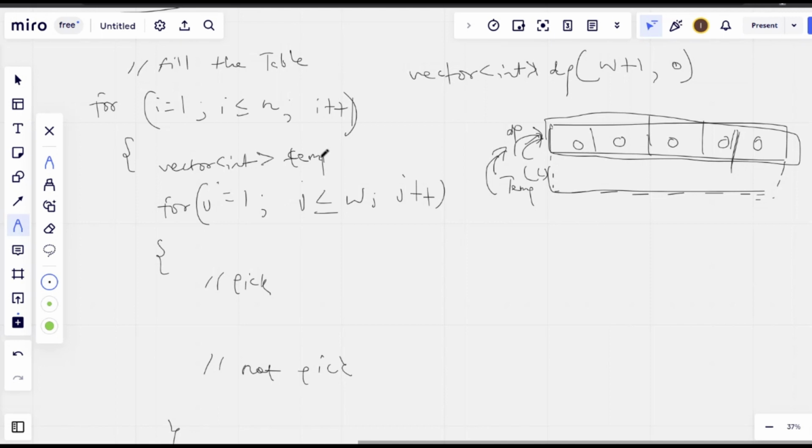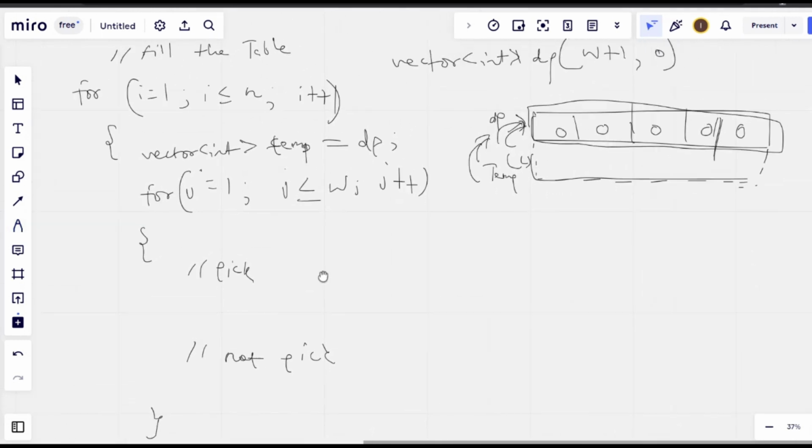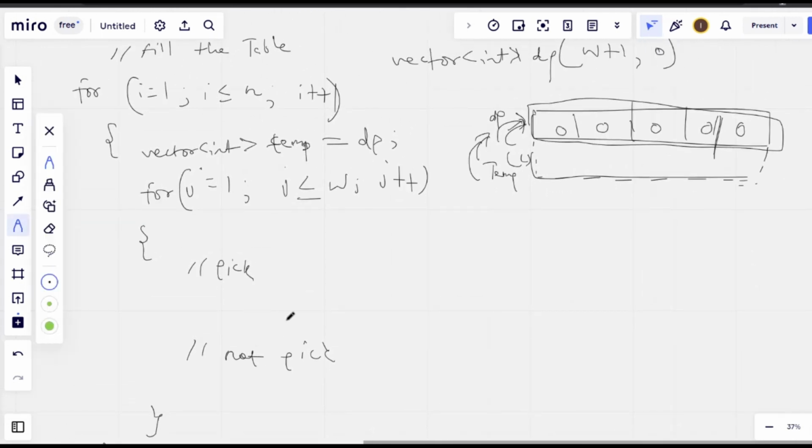Let's say this is the temporary table, and let's say this is equal to my dp table, because I want to copy the same table into this temporary table initially. Now if I do not want to pick, since I have already copied these values, which is 0 0 0 0 0 0 in this temporary table, and if I do not want to pick, in the dp table what we were doing, if we do not pick, we just pick the top value, right? So since we have already copied the top value, we can completely remove this not pick condition because it is